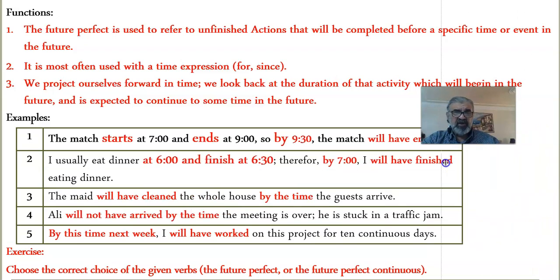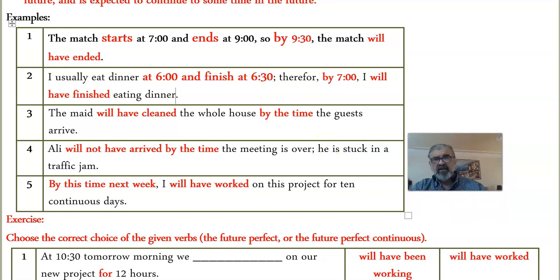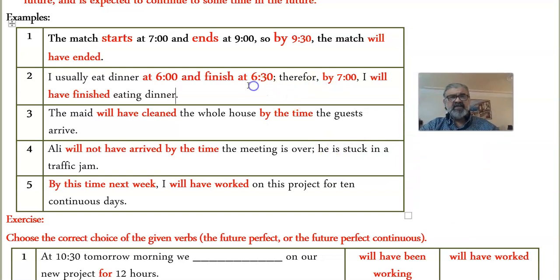It could be like 10 o'clock right now in the morning, and your friend told you, I'm coming over to visit you. Okay, the same guy wants to come and visit, but this time it's different. You like to have lunch or dinner actually, between 6 and 6:30. And you don't like anyone to come during this time. But he wants to come anyway, so you tell him, okay, you may come by 7, because by 7, I will have finished eating dinner.